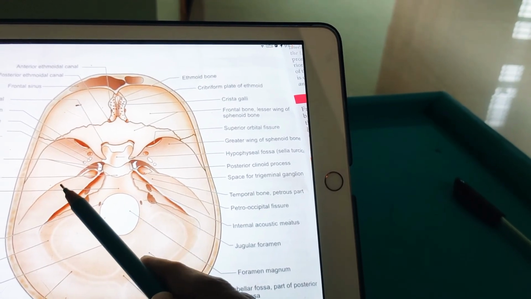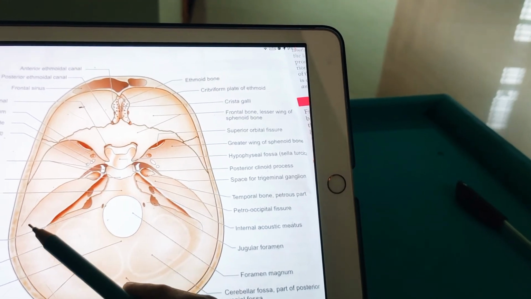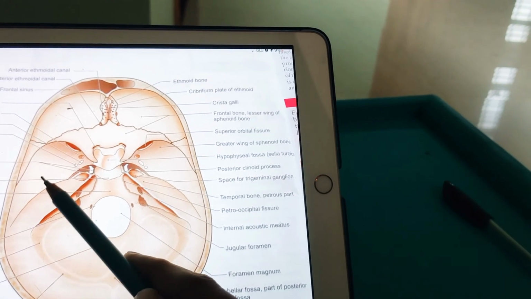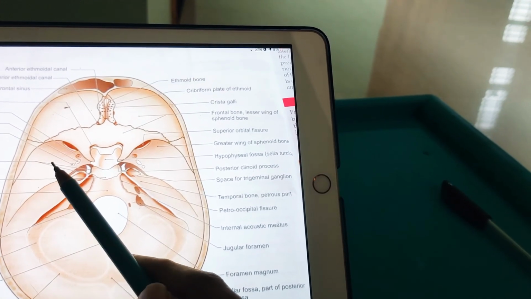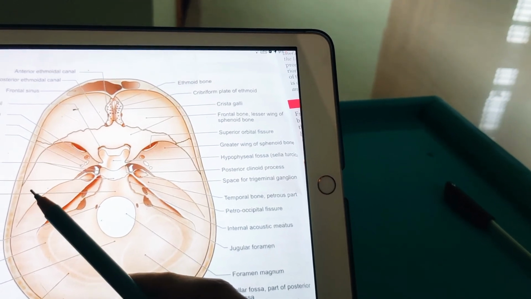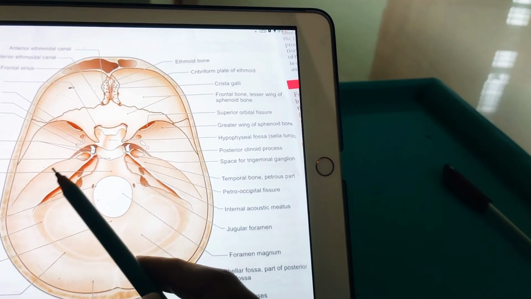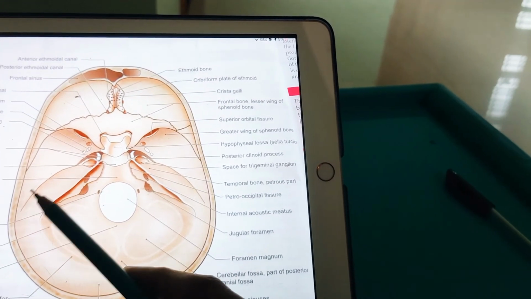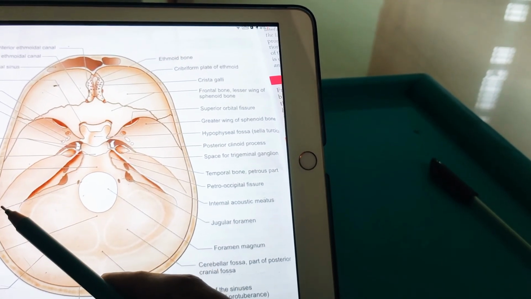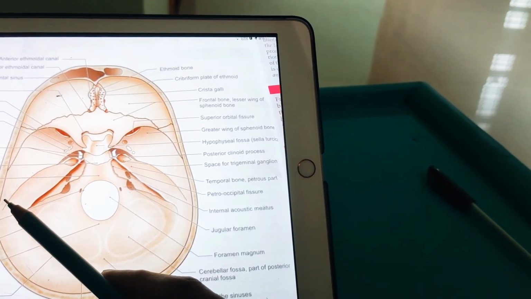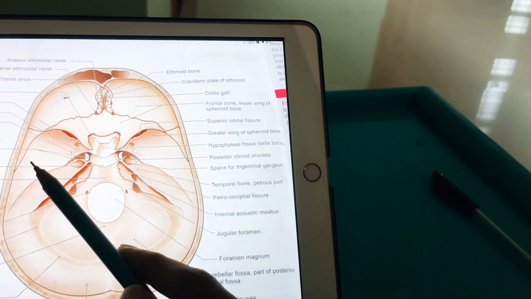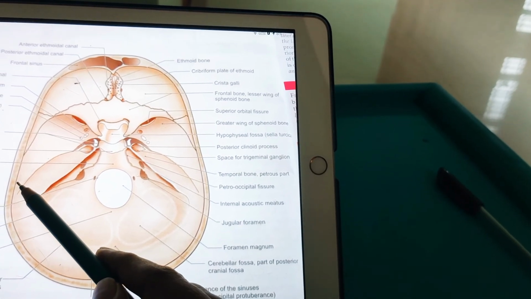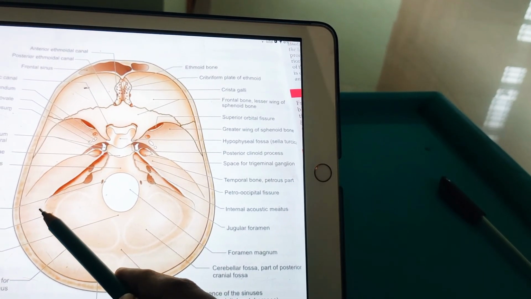So this whole structure is called tegmen tympani. It's a thin plate of bone anterolateral to the arcuate eminence. It forms a continuous sloping roof for the tympanic antrum, for the tympanic cavity, and for the canal of tensor tympani. Next, coming to the lateral margin of tegmen tympani. The lateral margin is downwards and forms the lateral wall of the bony auditory tube. Now coming to the lower edge, it is seen in the squamotympanic fissure, between this one and this one. The squamotympanic fissure divides into the petrosquamous and petrotympanic fissures.